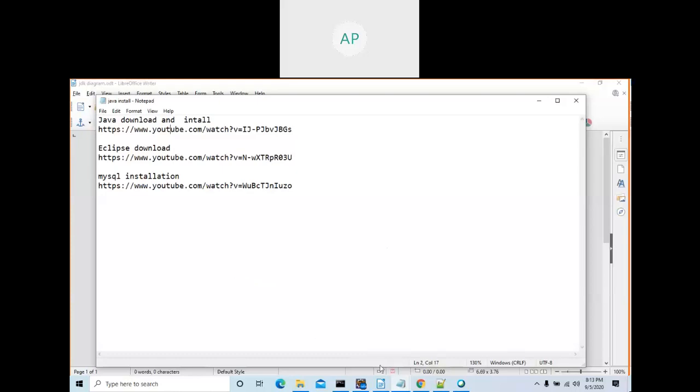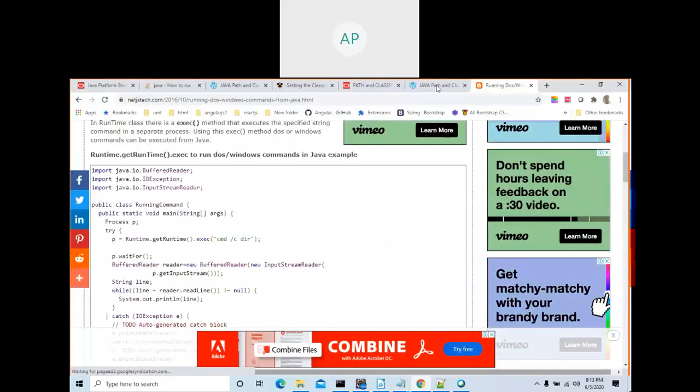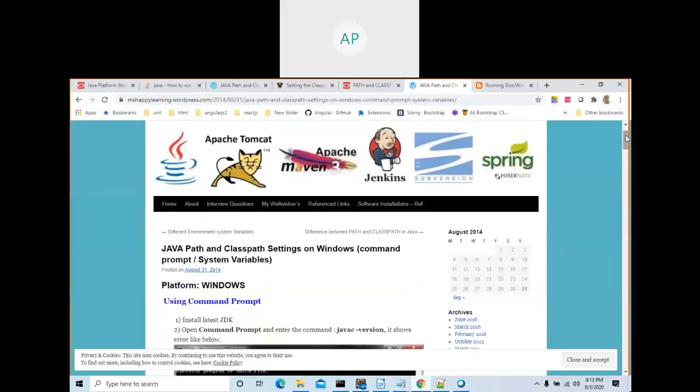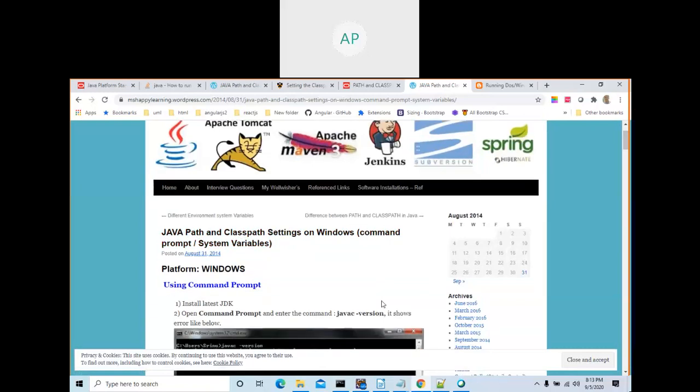So there is something called path setting, a Java path setting, and also a Java classpath setting. This is very important. See what Java path setting is and what Java classpath setting is. You can set the Java path both temporary and permanent. Classpath setting also you can do temporary and permanent. When you read this, you will understand.